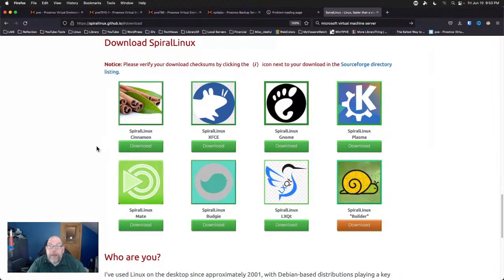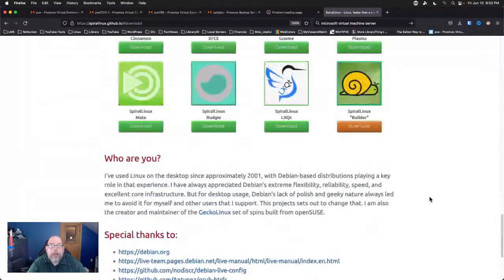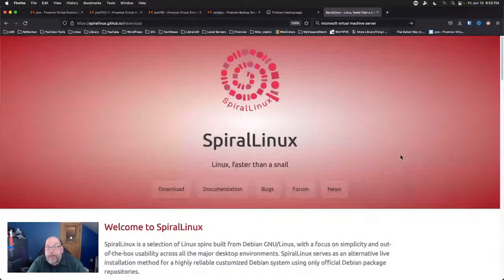XFCE is probably the lightest weight of the bunch, at least traditionally it would have been, but well, LXQt and XFCE, I guess it's six of one, half dozen of the other. They're both pretty light. So yeah, it's an initial release. I'm not sure there've even been any other or many other videos on it. So yeah,